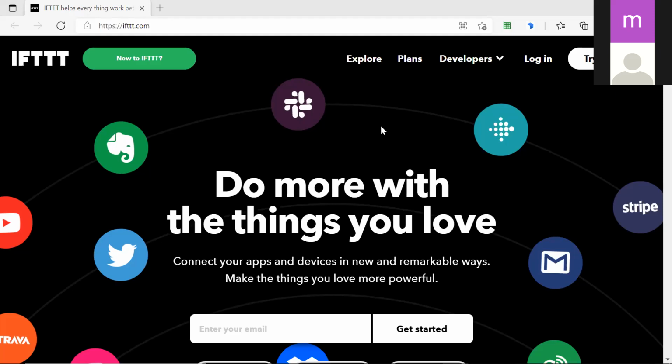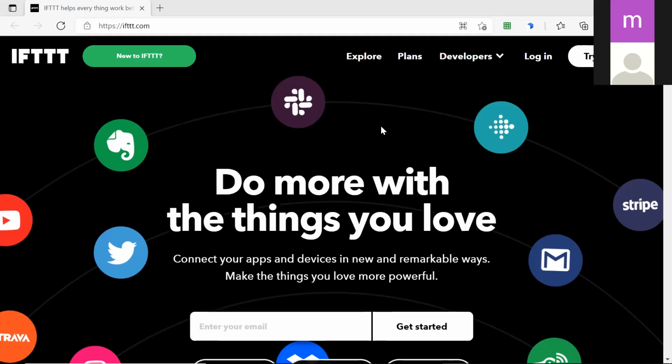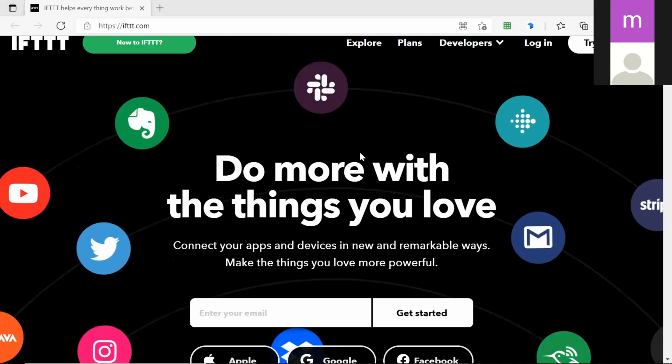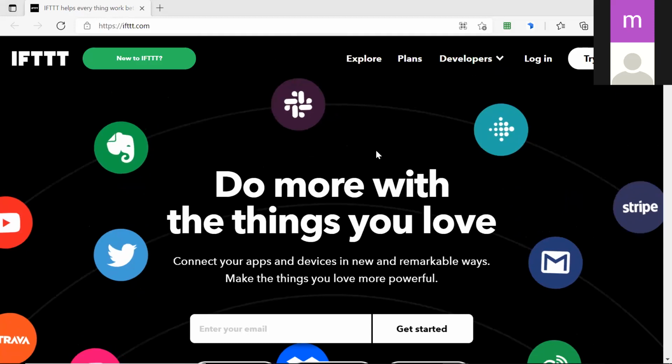I started using this platform in 2015. At that time they provided lots of opportunity to use many applets. Whatever things you are going to do, they call them applets, just like Fiverr, a freelancer platform, where they talk about gigs. Here they talk about applets. At that time they were providing more than 10